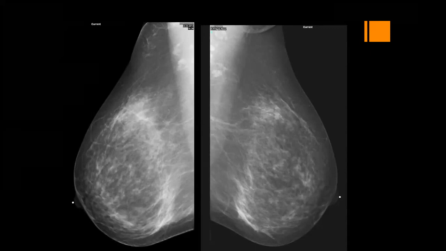So this is 0. Why is it 0? This is a screening mammogram, yes? Yes, it is a screening mammogram, but is it positive or negative? It is positive in the right breast. Why? There is slightly more parenchyma in the right breast than the left breast,